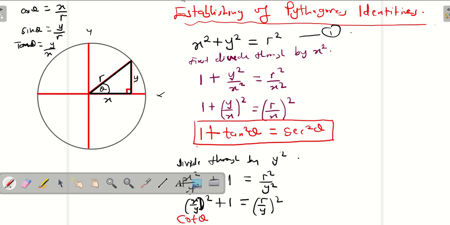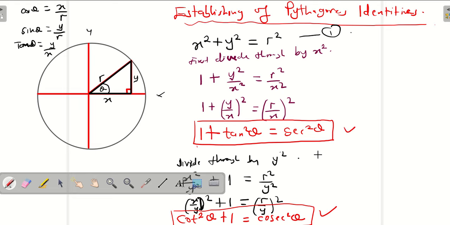Cot theta, but it's supposed to be squared because of the square, so it's going to be cot squared theta. Then plus 1 should be equal to r over y. R over y is also the reciprocal of y over r, so it's going to be the reciprocal of sine theta, which is cosec theta, but it is squared here, so it's going to be cosec squared theta. So that is going to be the identity. So we need to take note of this identity